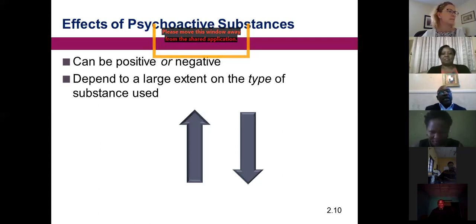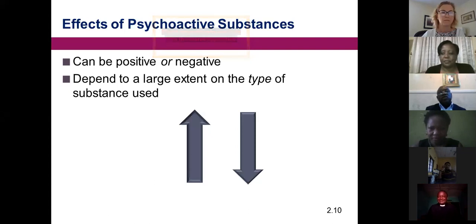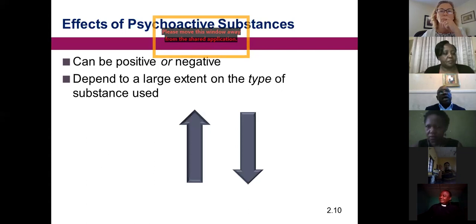So as I said, the effects can be both positive or negative, and they depend to a large extent on the type of substance used. Yes, as we get to know from Beatrice, what she presents, the different classes, some of them can make them alert, some of them can depress, and some of them can make them hallucinate, and so on and so forth. But beyond the type of substance, it also depends on individual vulnerability, and also what the individual expects,